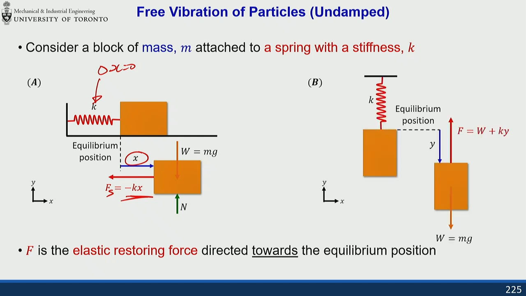The other configuration is hanging it off. The physics actually doesn't change. The only thing that's changed is the equilibrium position. Delta X at equilibrium does not equal 0. In fact, because the spring has to support the weight or the mass that's hanging at the bottom, it's going to originally be stretched. And you have to account for that. But